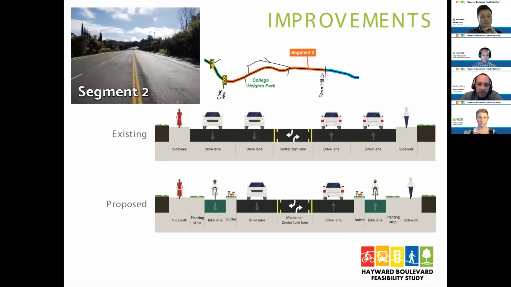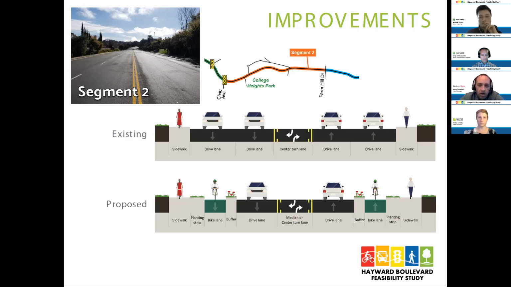So this is between Civic Avenue and Farm Hill. As I mentioned, we only have one option here. Basically, what we've analyzed is that traffic volumes really drop off substantially east of Civic. So the volumes on the eastern portion of the corridor are actually less than half of what they are on the western portion of the corridor. And so we feel very comfortable proposing the lane conversion starting in segment 2 as the only